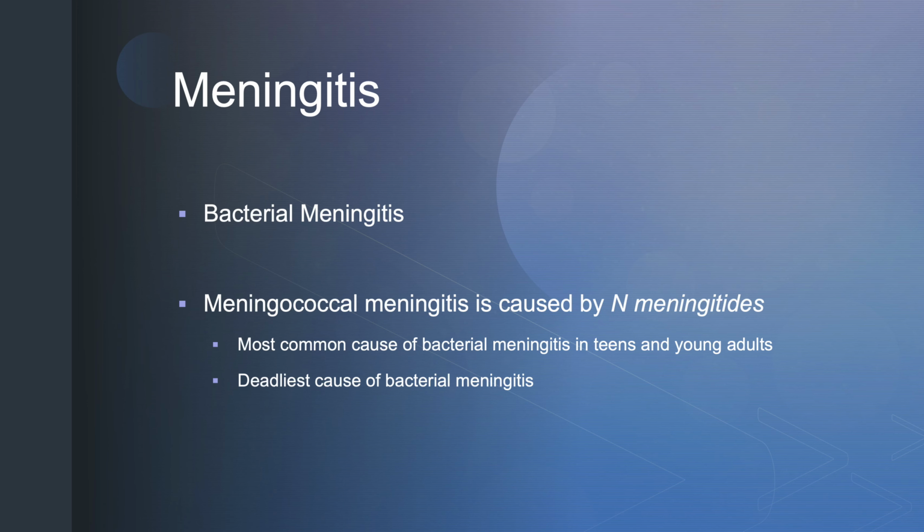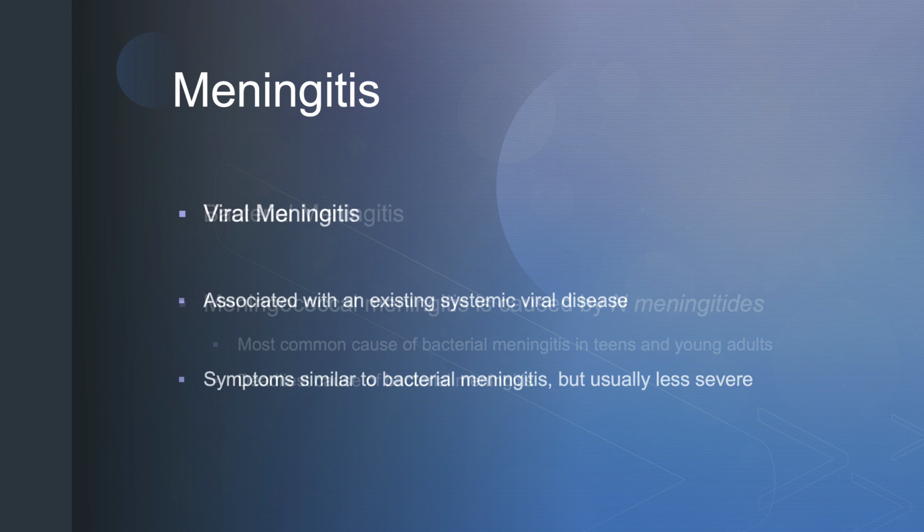And with meningitis, is it bacterial? Is it viral? The answer is yes. We can have bacterial meningitis. There's a certain bacterium that will cause bacterial meningitis. It's most common in younger adults, in teens. That meningococcal vaccine is important for them, especially living in kind of close quarters when you send them off to college. For example, they're living in dorms. In those close quarters, it's easy to spread bacterial meningitis.